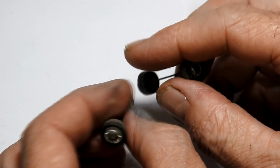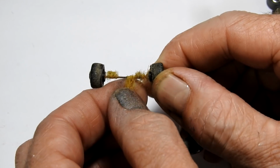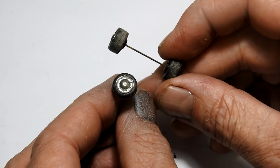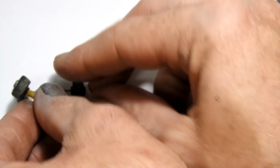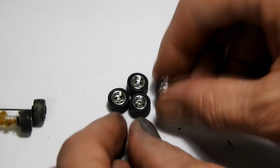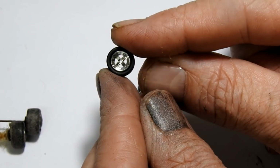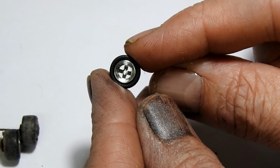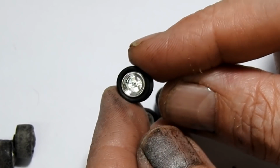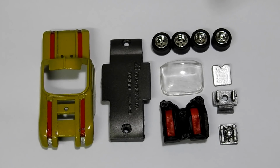And then finally, here are the grubby old looking Dyna wheels. There's somebody's orange carpet straight out of the 70s. Well, I'm not going to be reusing them much as they're quite unique. I've got these nice aftermarket alloy wheels here. So there we go, that's all the hard work out of the way, and here are all the parts of